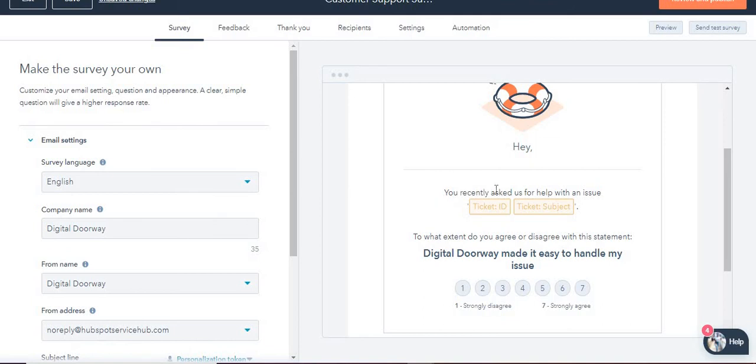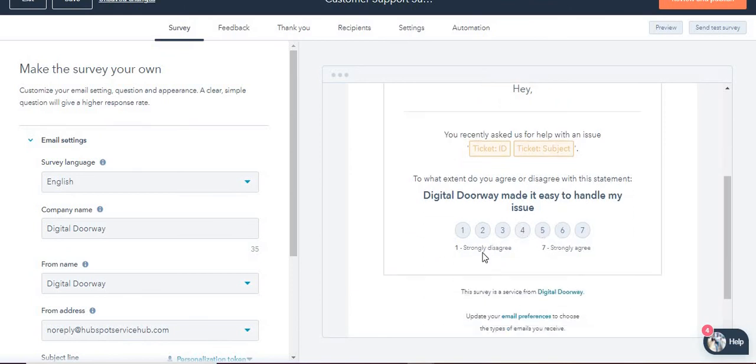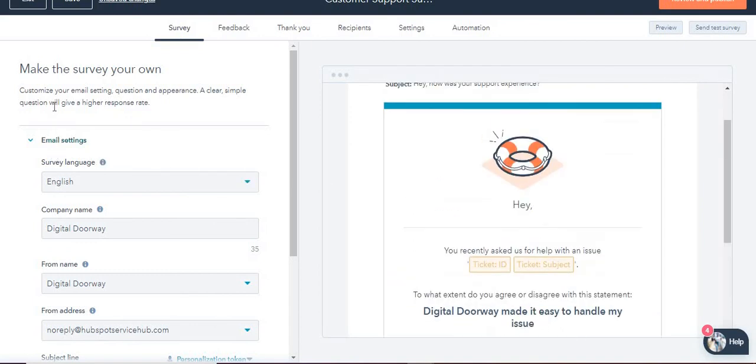Here you can ask, you recently asked us to help with an issue, and you can add your ticket ID or ticket subject, and you can ask a question: to what extent do you agree or disagree with the statement? For example, Digital Doorway made it easy to handle my issue, and it measures from strongly disagree to strongly agree. On the left side of the navigation, you will see the survey language.